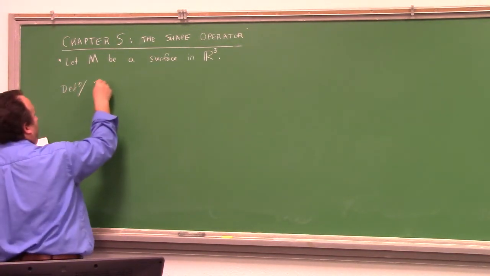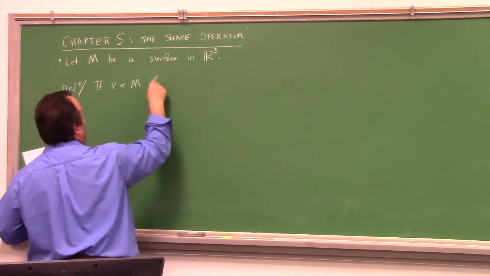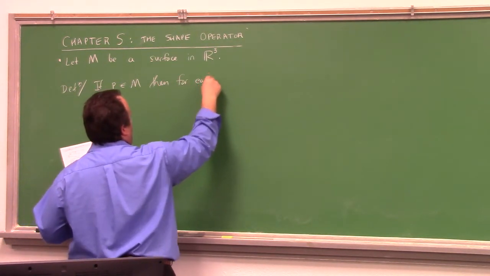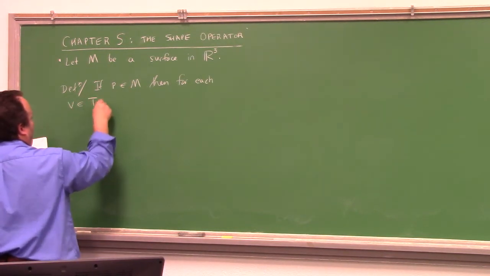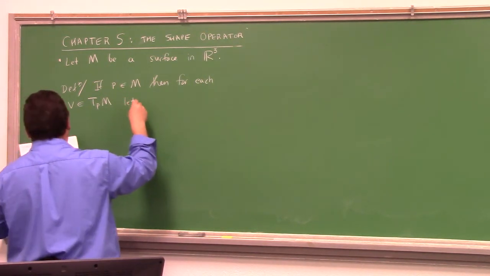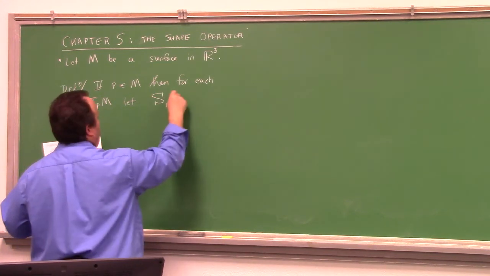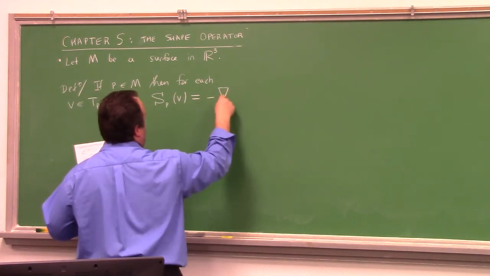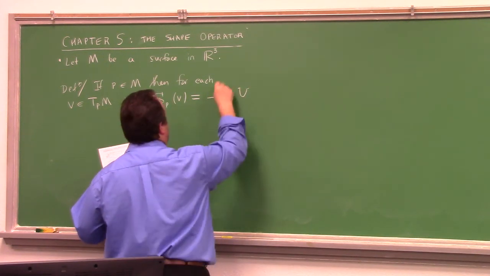If P is an element of the surface M, then for each vector V in the tangent space at P to M, here it is, the shape operator at the point P acting on V is equal to minus the covariant derivative in the V direction of the unit normal vector field U,